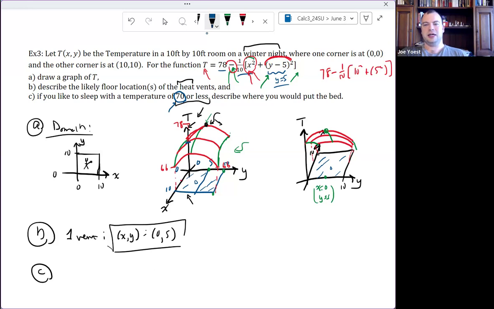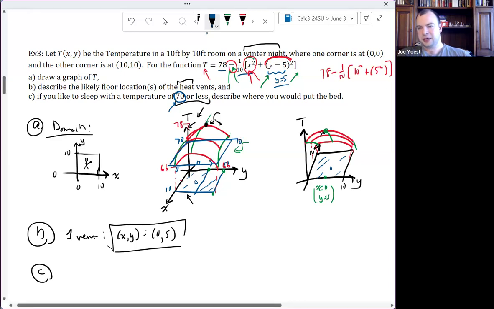So if I'm looking for a temperature of 70 or less, I'm asking, when is the height of the surface 70 or less? In other words, if I imagined a plane parallel to the xy plane at height t equals 70,